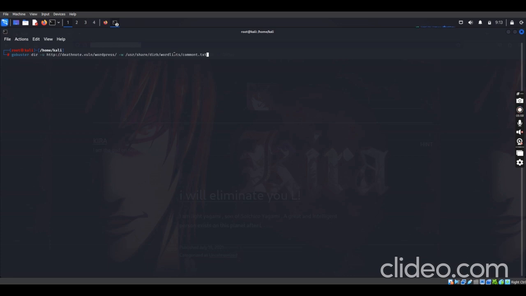So using this tool, I'm telling it that we want it to list out the directories, which is dir, under this website, giving it the website, and also making use of this word list, which is hyphen w. So I'll run it now.